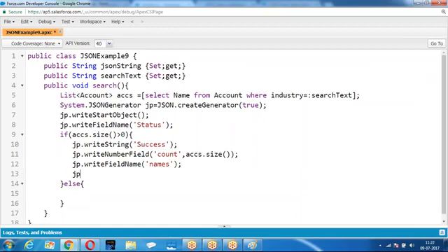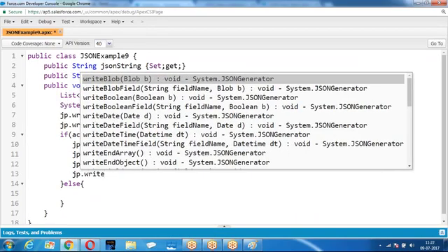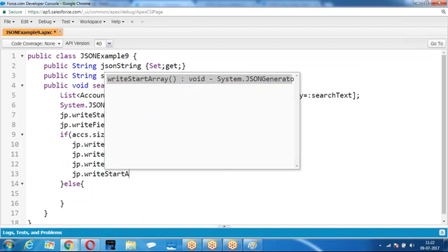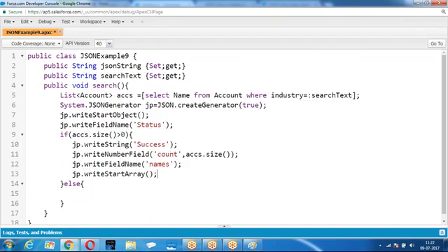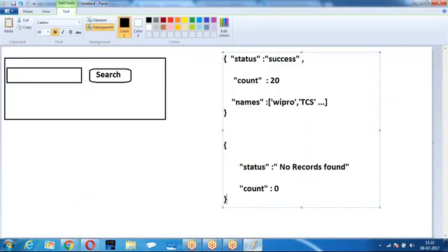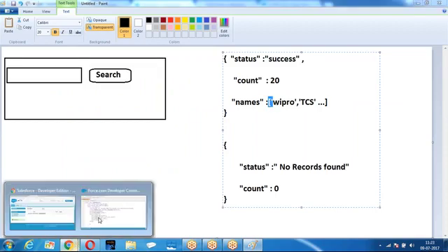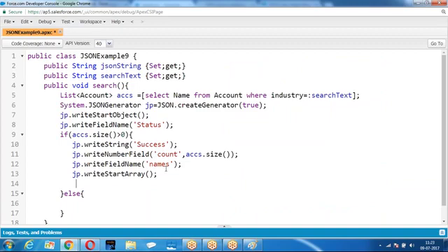Then what is the value we are going to take? jp.writeStart, because we are to give the field name. What is the field name? Names. Then after the names, what am I giving? Start array. After the array, we have to give values. How do you give the values of the array? For account a.